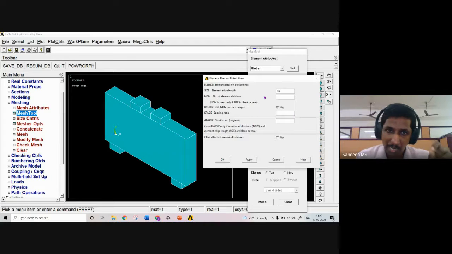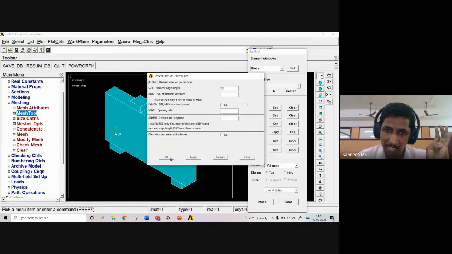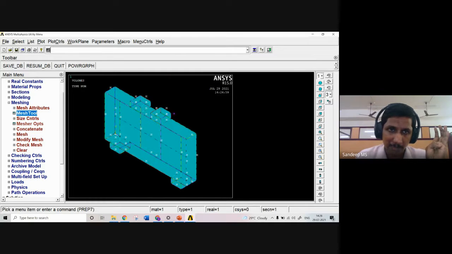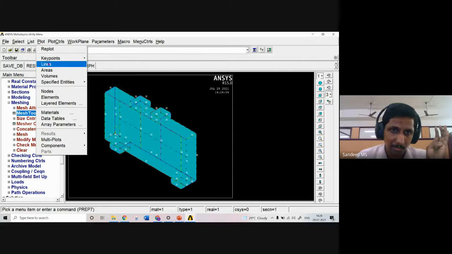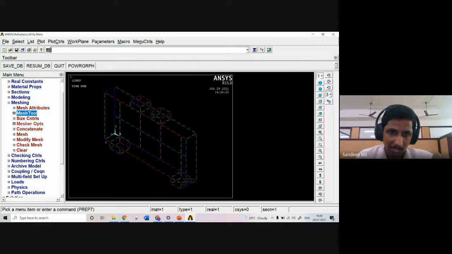Okay, so here I want 50 to be fixed. So what I will do is that I will just uncheck this. Now ANSYS cannot itself change the size of the line. Okay, so it will be meshed into 50 mm size itself. And I am just pressing it as OK. Now you can see, say if you plot the lines, you can see the lines are actually, all the lines are actually divided into 50 mm length.